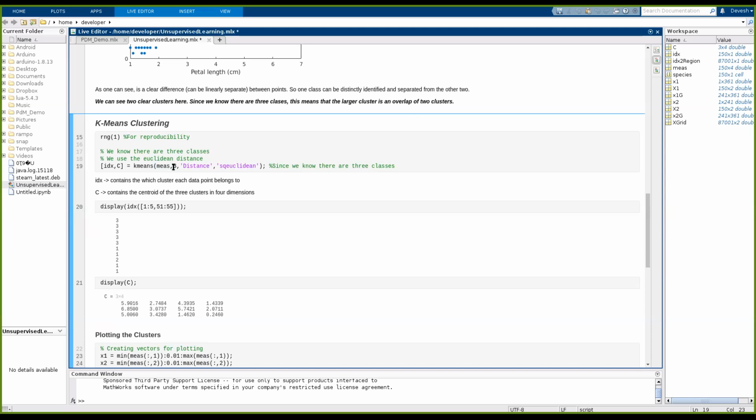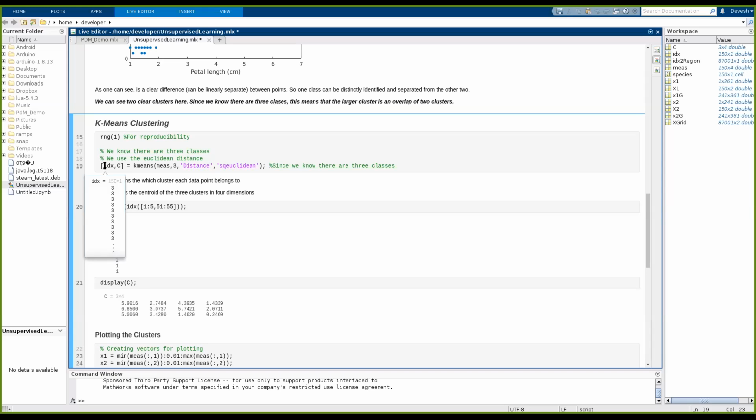Since we know there are three classes, I've directly written three clusters. We use a particular distance, as the distance between two points can be calculated in various methods in statistics and linear algebra. For this demo, I used the normal Euclidean distance, which is the square root of the sum of the squares of the differences between those two points.